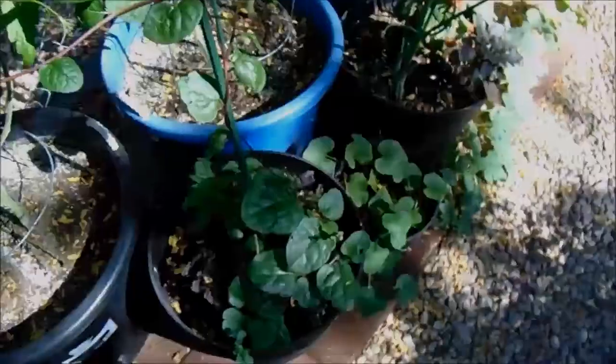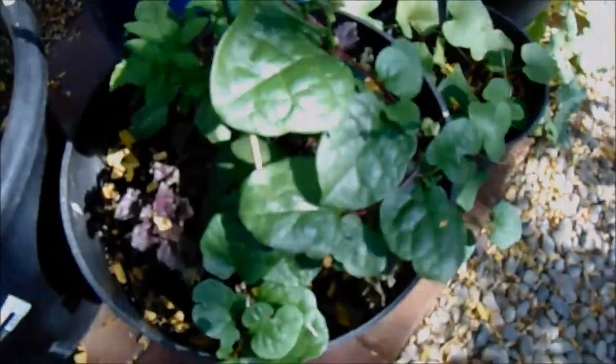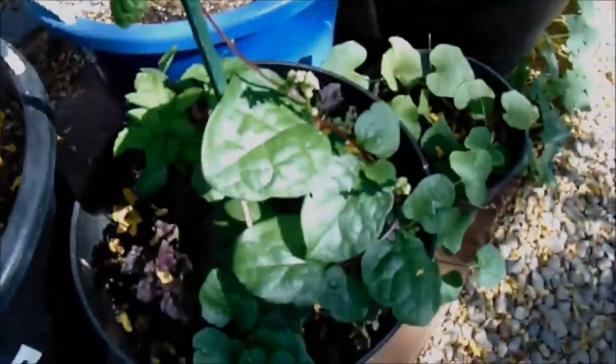So some people don't prefer the flavor of this Malabar spinach. It can have a really green, bitter, leafy flavor, but me and Angel really like it, especially since we grow a lot of the things we do just for the uniqueness of it, not necessarily for the production, even though next year we'll probably try to push a higher production yard and less of a unique theme. We'll still have plenty of unique, but